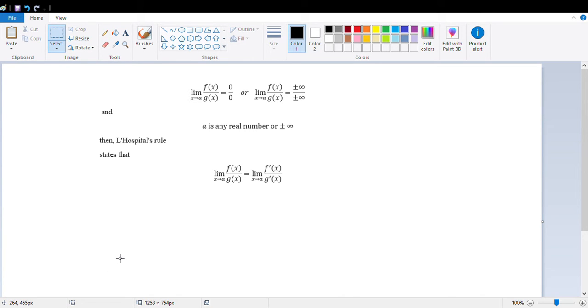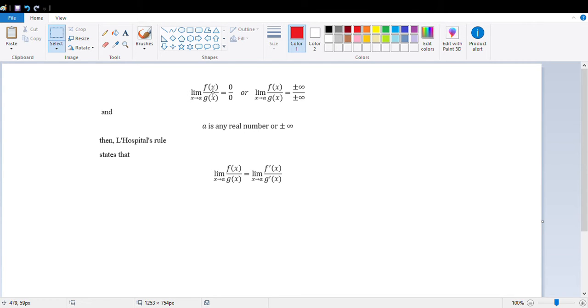Okay, today we're going to be looking at L'Hopital's rule. L'Hopital's rule is a way to use the derivative to find a limit that is indeterminate. So if you're trying to find a limit